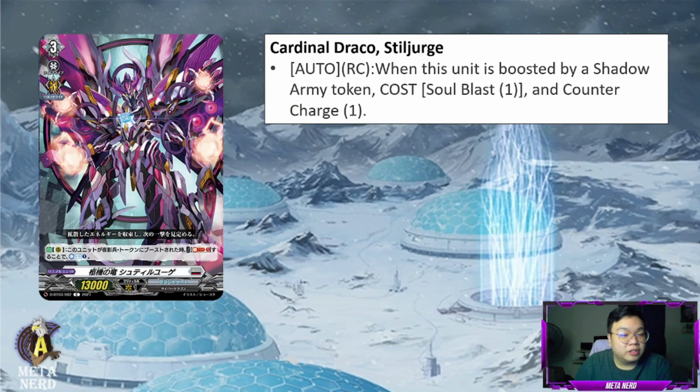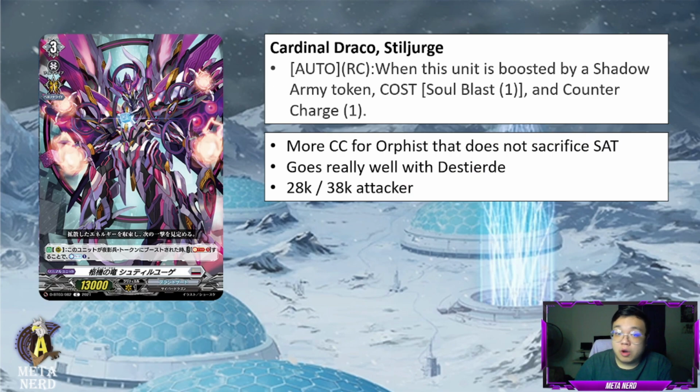Next up we have Cardinal Draco's Stiljurge. Auto Rigor Circle. When this unit is boosted by a Shadow Army token, cost Soul Blast 1 and Counter Charge 1. Well, looks like Orphist just keeps getting CC. The main difference for this card, as opposed to other CC that Brandt Gate has, is that he does not